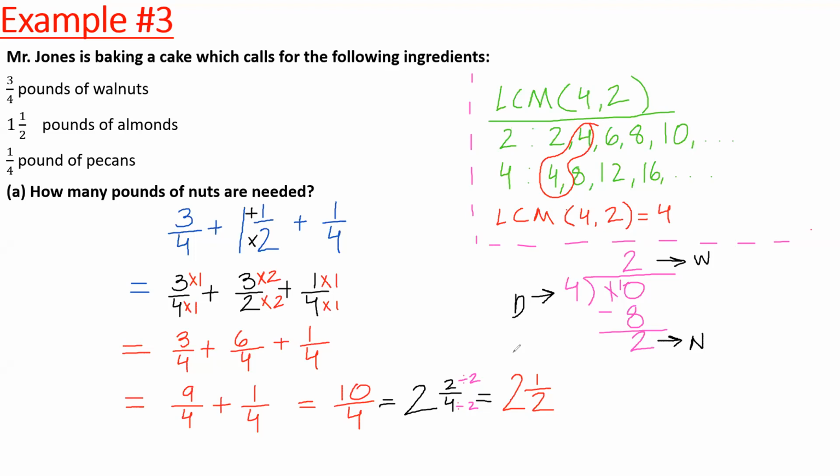We got 2 and 1 over 2 because the question is, Mr. Jones is baking a cake which calls for the following ingredients: 3 over 4 pounds of walnuts, 1 and 1 over 2 pounds of almonds, and 1 over 4 pounds of pecan. How many pounds of nuts are needed? Okay, so the question is 3 over